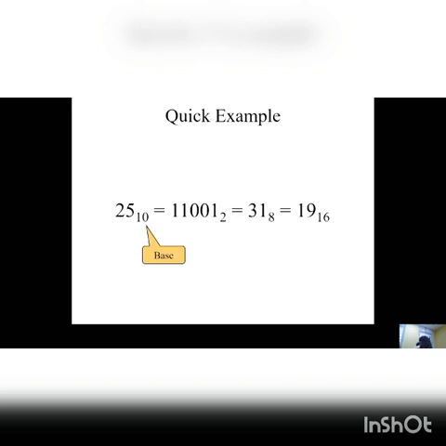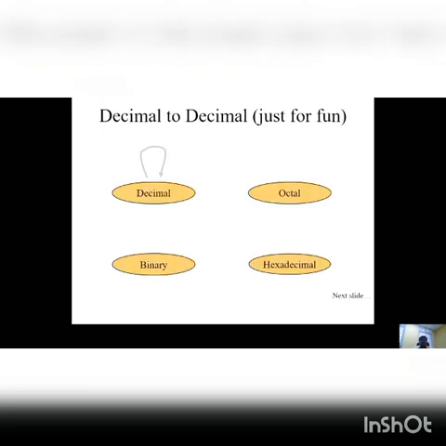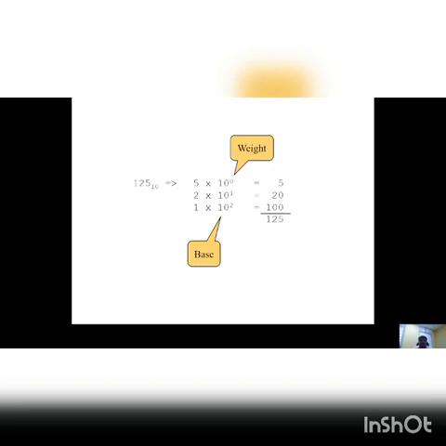Now we see the conversion of one base to another base. First, decimal to decimal. For converting decimal to decimal, we start from the right side and multiply by 10 to the power n. So 5 into 10 to the power 0, 2 into 10 to the power 1, and 1 into 10 to the power 2. 5 into 10 to the power 0 is 5 into 1, that is 5, 2 into 10 to the power 1 is 20, and 1 into 10 to the power 2 is 100. 5 plus 20 is 25, plus 100 is 125. So it's equivalent. Similarly, we convert decimal to binary, octal, and hexadecimal, which we see in the next slides.